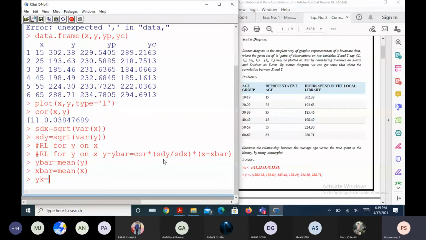So that is COR of x comma y into SDY divided by SDX into something like x minus x bar plus y bar. Guess the values in yk now.